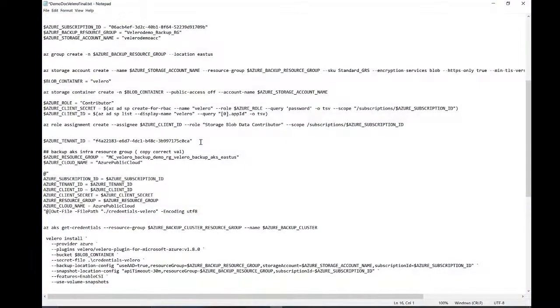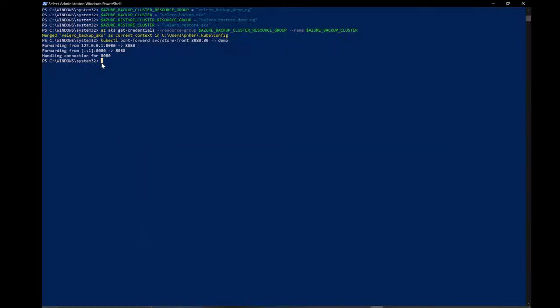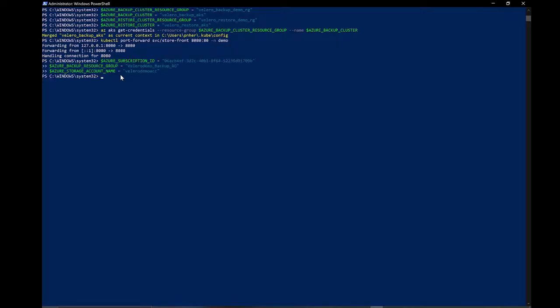So let's go here and let's copy the variable names from my notepad, and I will paste it here. Alright, so we have a subscription ID, backup resource group name, storage account name,